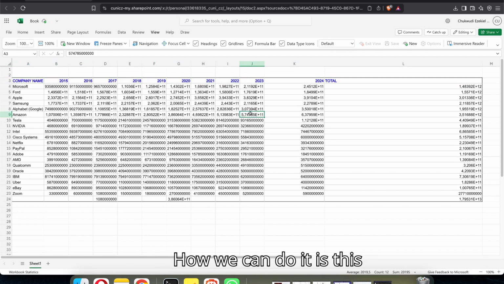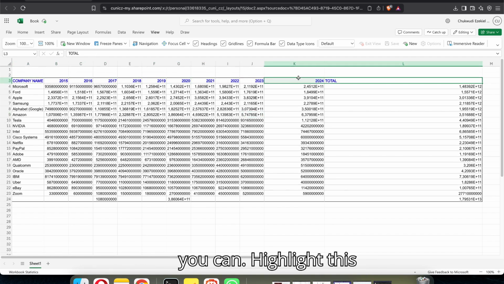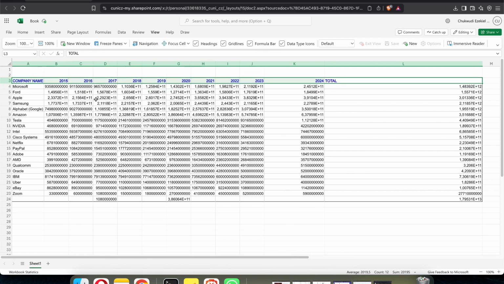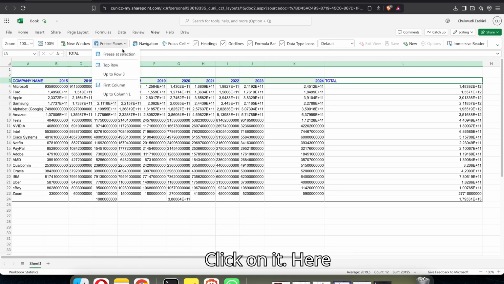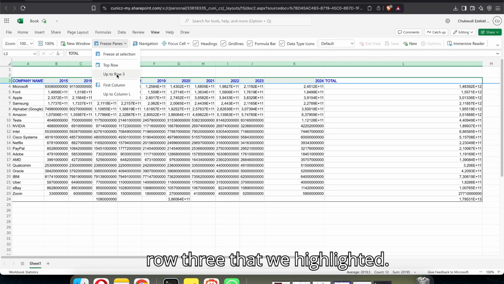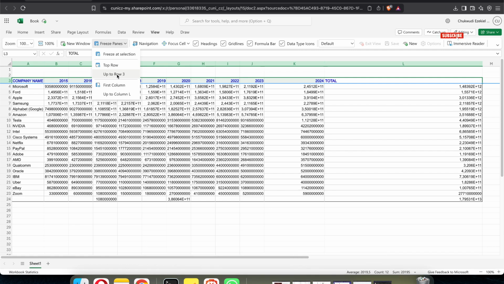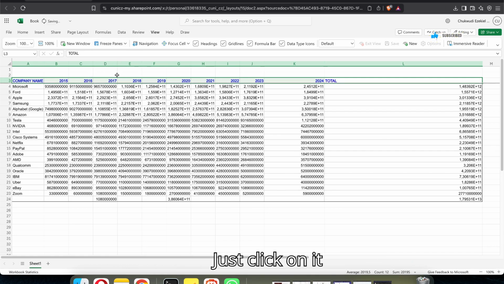How we can do it is this. You can highlight this row, click on view, and go to freeze panes. Click on it. Here you can see it is row 3 that we highlighted. Just click on it,